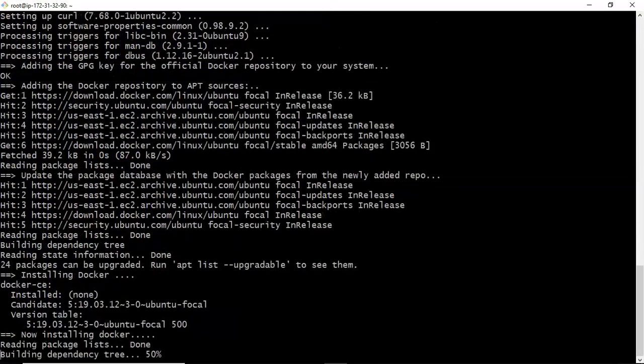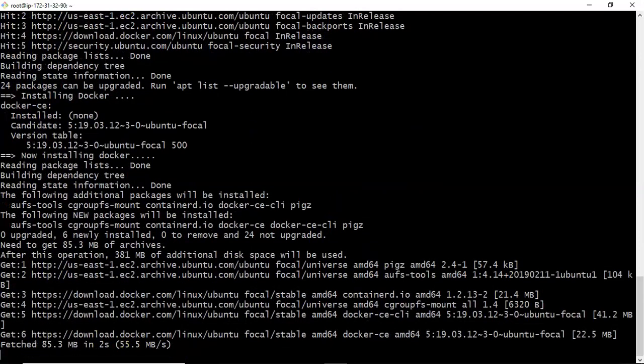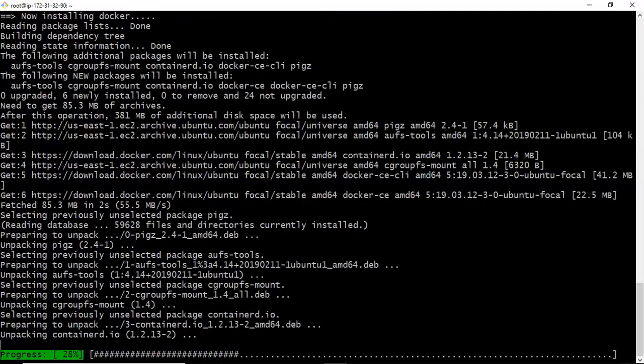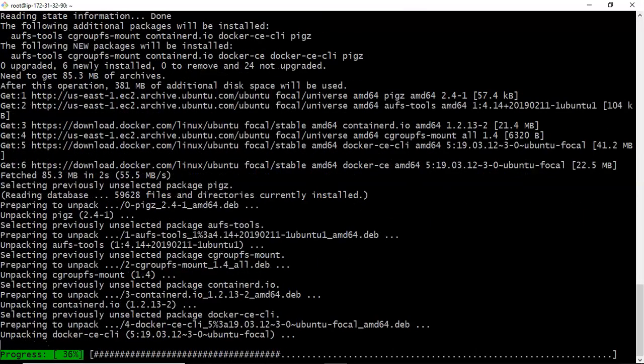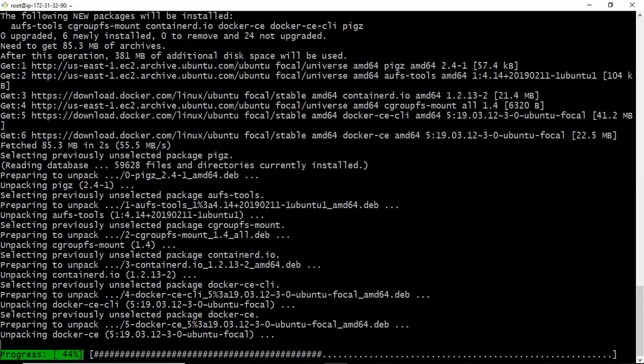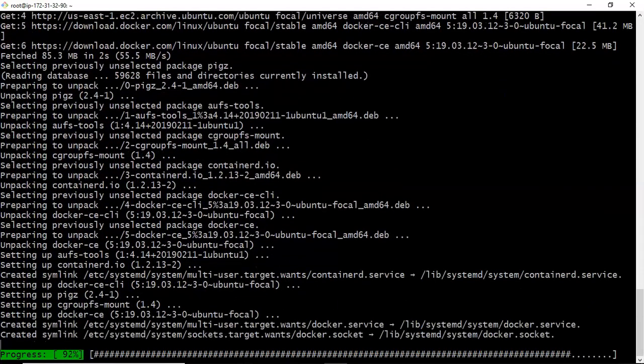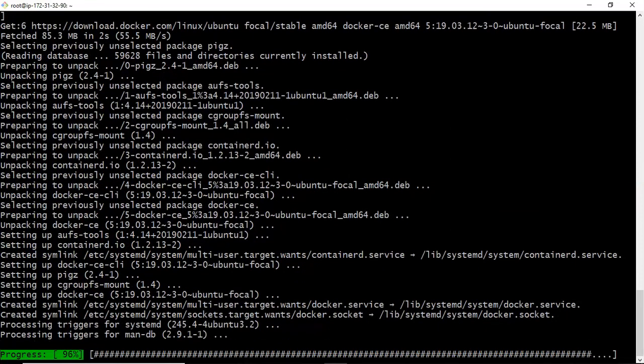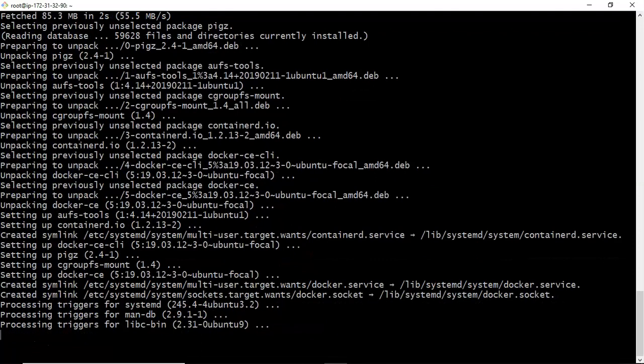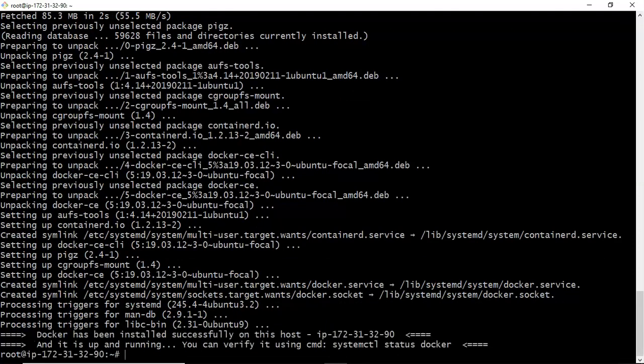Fine. Now it is almost done. And one more thing, this script will work only on Ubuntu server. Yeah, fine. Now Docker has been installed successfully on this host and it is up and running.